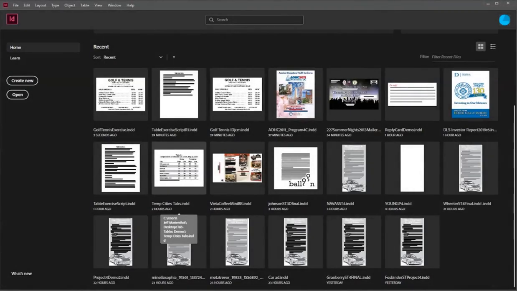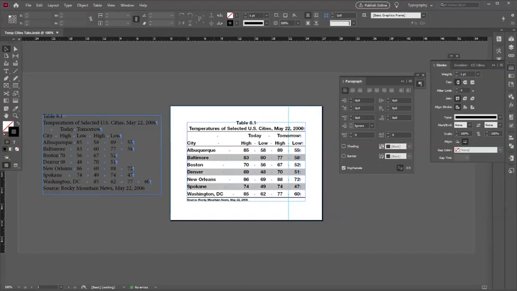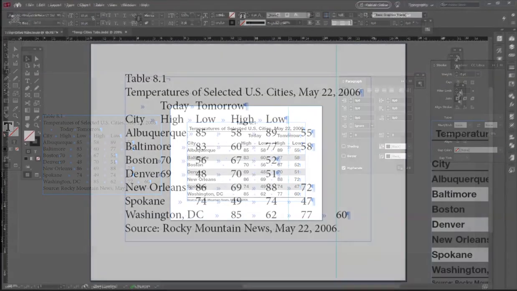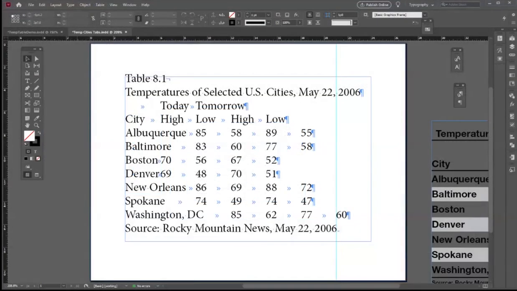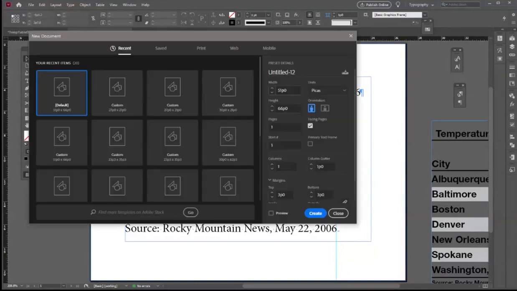Now I have another exercise here called temp cities. And you can see that this one is also set up in tabs. Command N, new document. This one, if I was setting it up from scratch, would be 27 picas wide, 21 picas high,